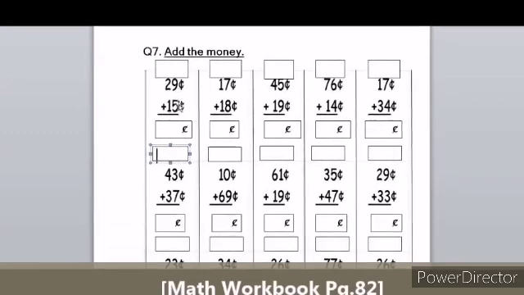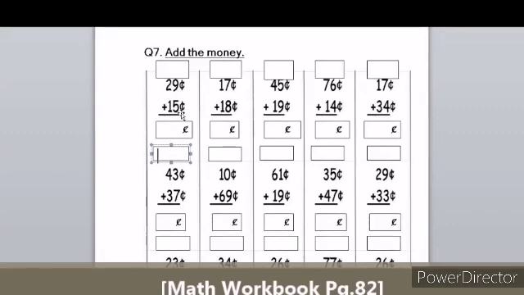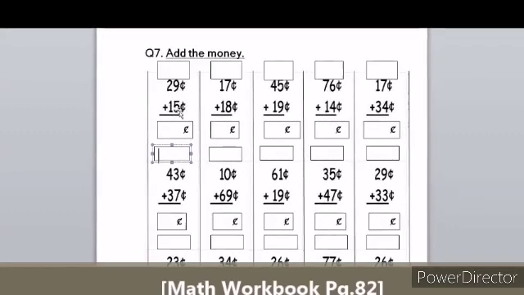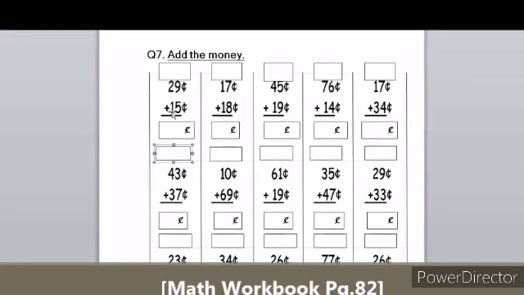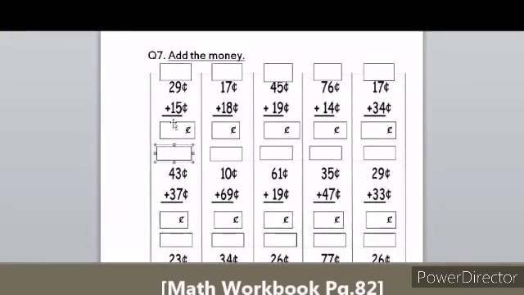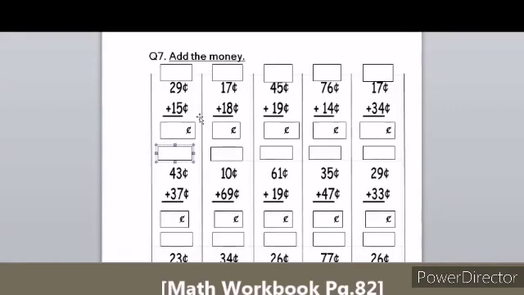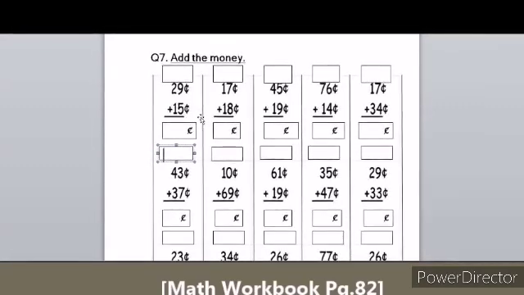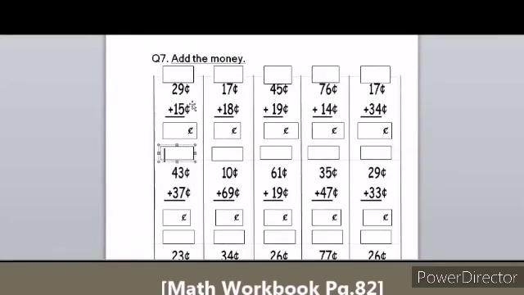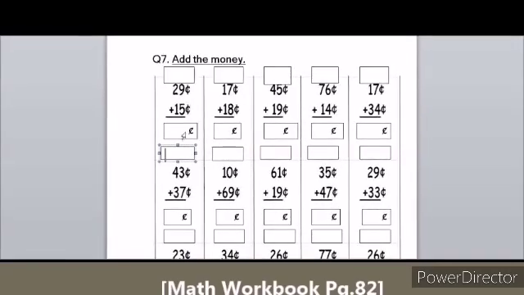Suppose you are having 29 cents and your friend is having 15 cents. So how much do you have together? So that is when you add money. Okay. So addition means plus. You have to find the total. Add and find the total. It is similar to normal addition which we have done in first term. Adding two numbers you already know, right? That is what we are going to do.